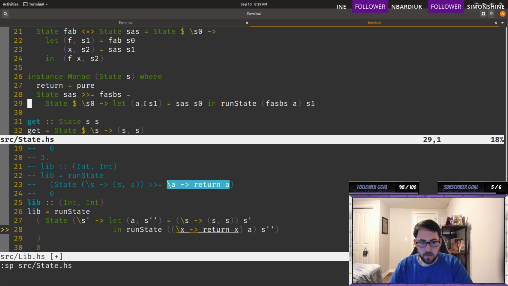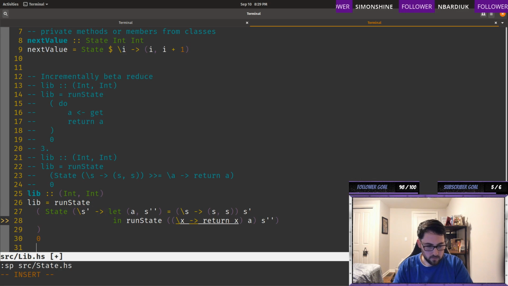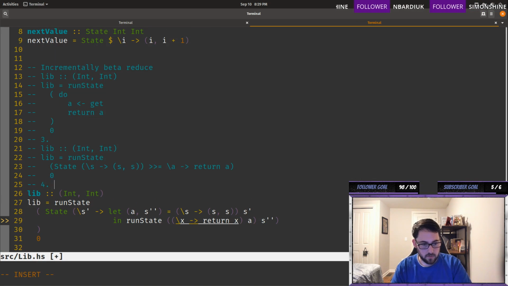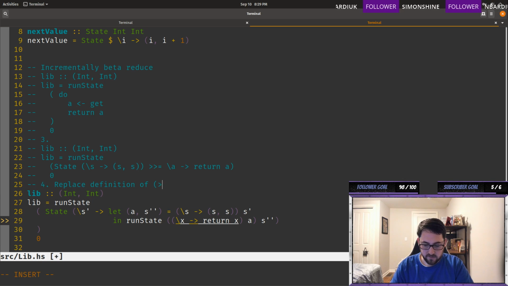It goes there, and then we have let a and s a s 0. See it? We're replacing bind. I get it now. So this is for replace definition of. I didn't see it at first. It makes sense now. This one is basically replace